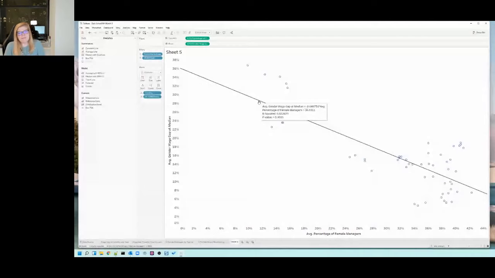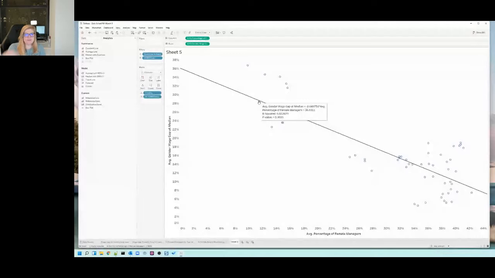The better our sample is, or the better it is at actually being able to draw the line. So that just means we have 55 data points here. That's sufficient to sort of draw this line. And then the r-squared value, which can be a number between 0 and 1. The best part to say in this stats lesson that I'm giving you on the fly is the closer that r-squared number is to 1,